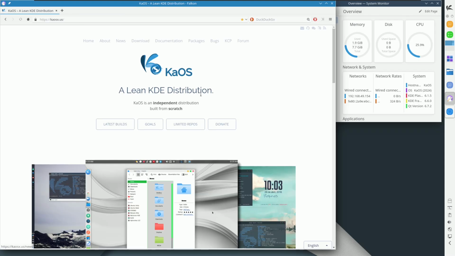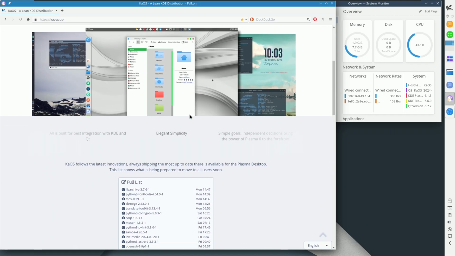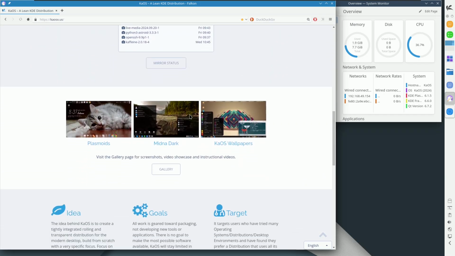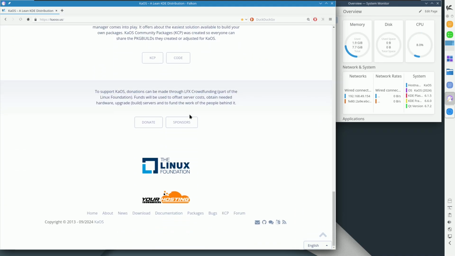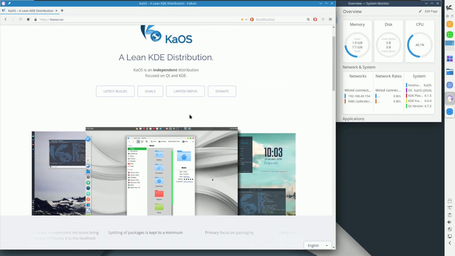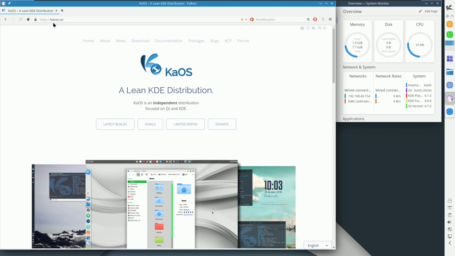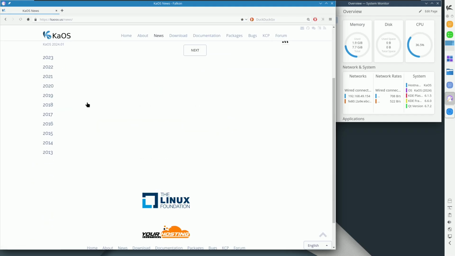So let's close it. Here, if you want any information about KaOS, if you're new to KaOS, you can just get all the information right here. They gave all the information right in front of you. So if you want, you can read it from here, or else you can just go to the website, which is KaOS SX, kaosx.us. Or else you can just type in KaOS Linux and the first link will be the official website. However, let's go to the news, and here you should be seeing the version of KaOS, which is